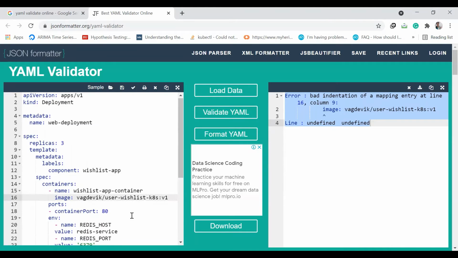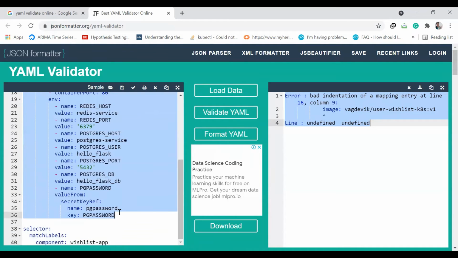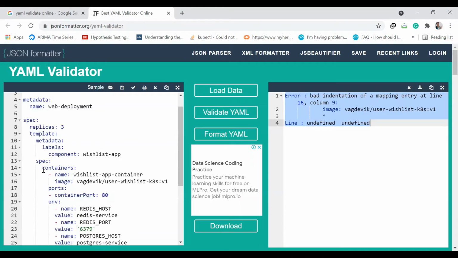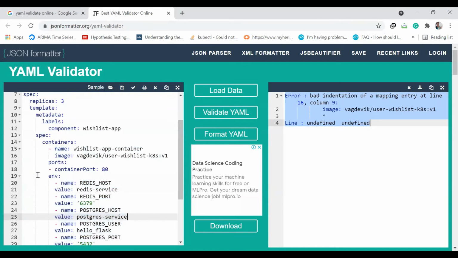So for image, we have to give 2 spaces, because basically we are defining all these properties for one of the containers in the containers section of this deployment, right? For each pod, in the containers section, for one container, these should be the properties. So all of these should maintain some alignment.